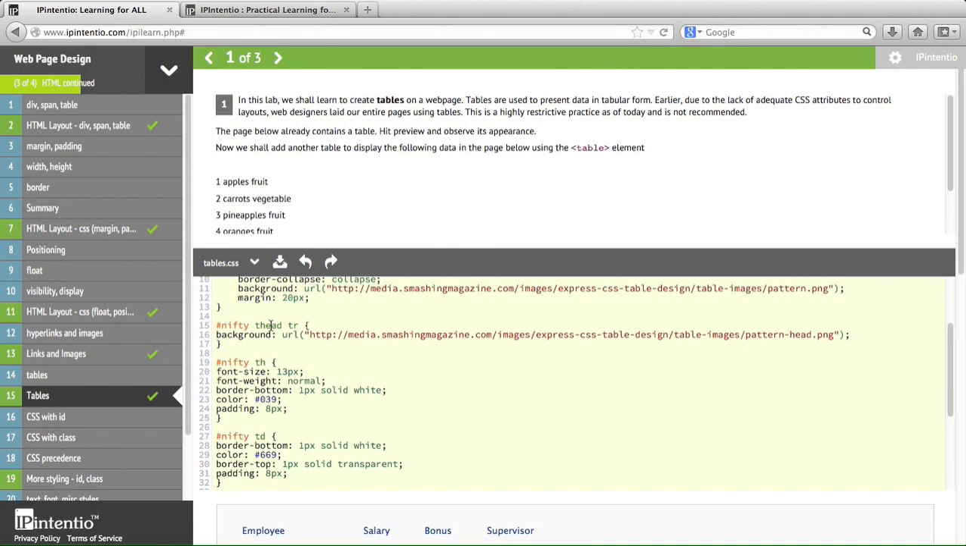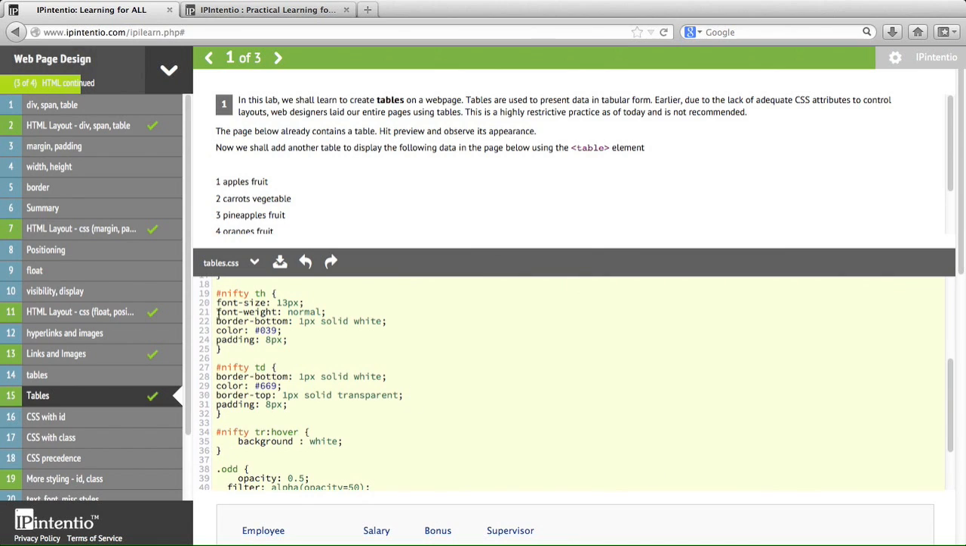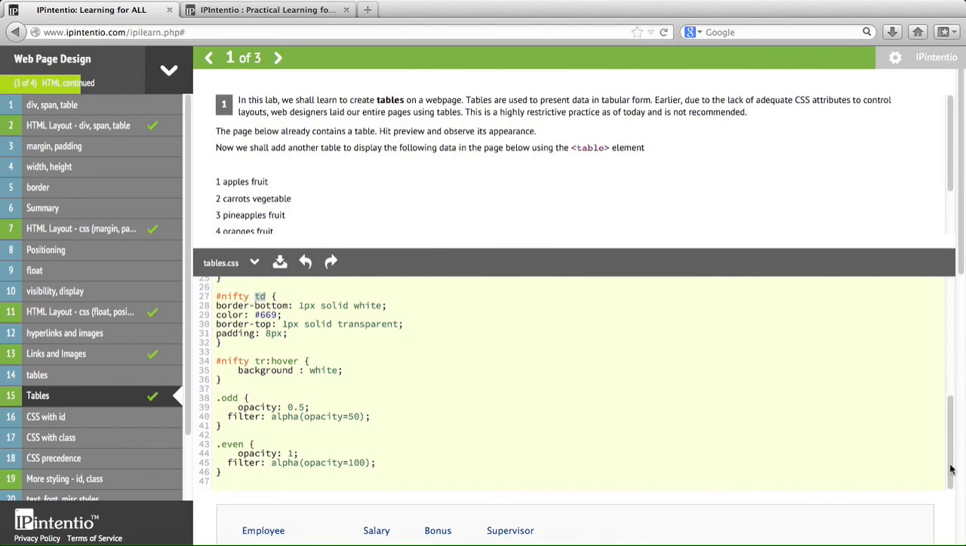So look at how we provide a background image to the header of the table, how we apply certain styles to each cell of the table header, how we apply certain styles to each cell of the table body, and how we change the mouse pointer once a user hovers over a particular row. So this is an excellent example of how you can style various cells, rows, or even the entire table as a